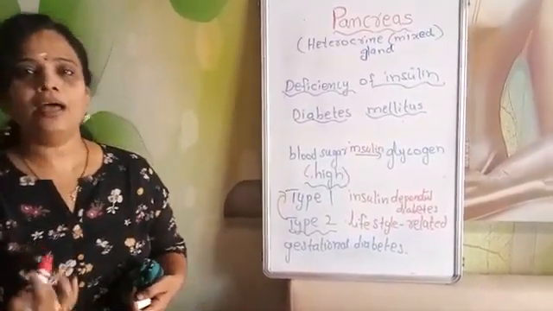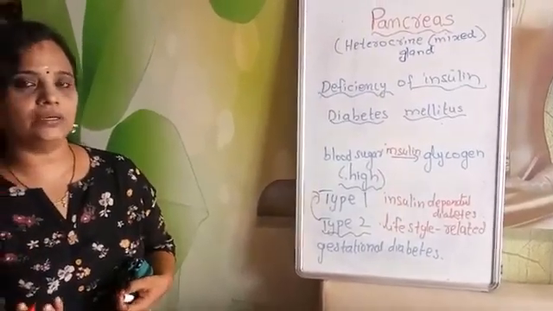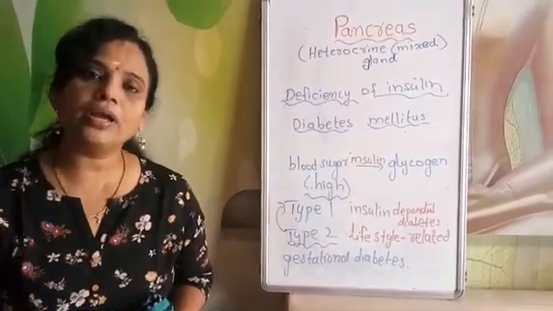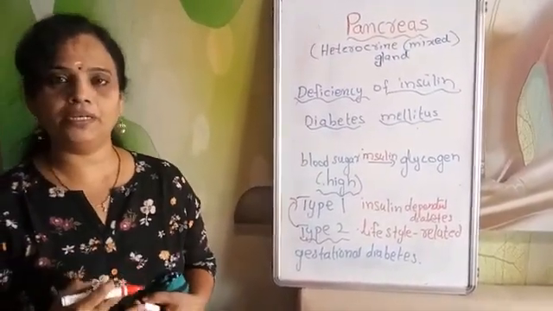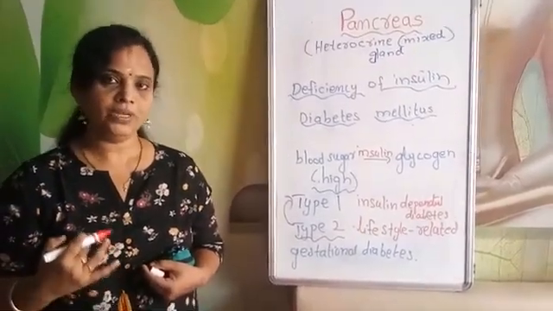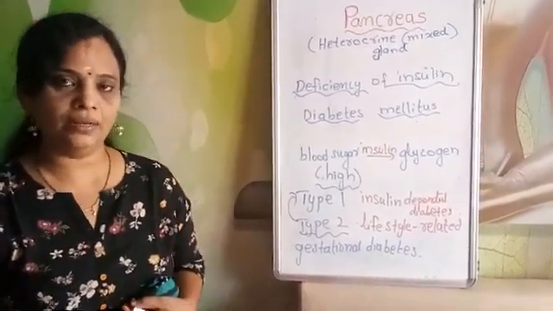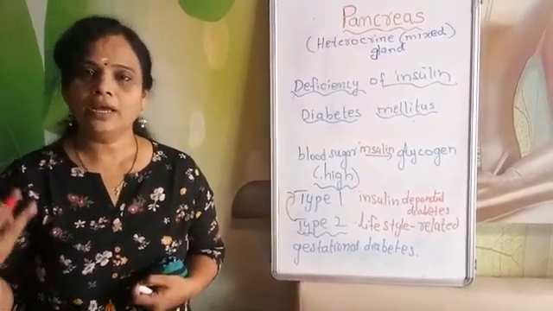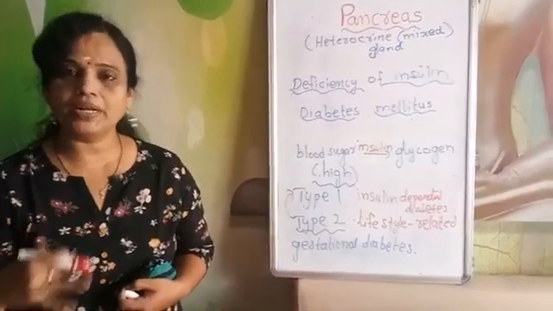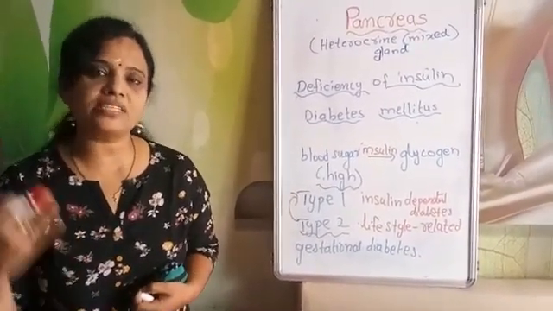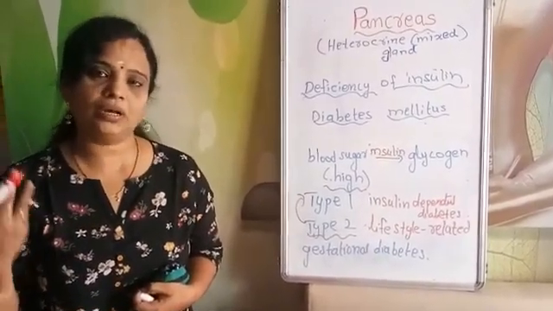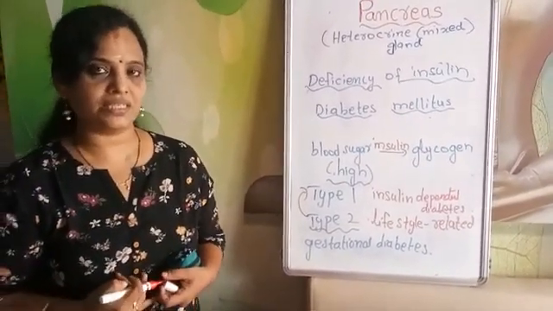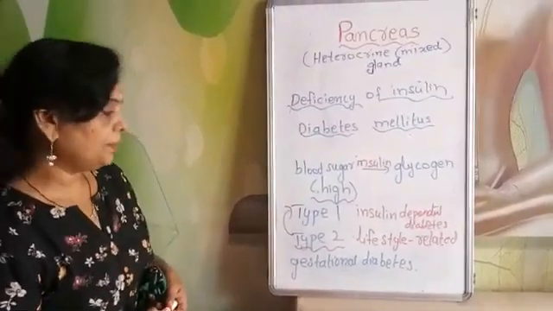So you should be careful. Once you are diagnosed with diabetes, you can control and regulate it. There is no permanent cure for diabetes, but you can regulate your diabetes by changing your lifestyle. You should not take any carbohydrate rich food, especially sugar and sweets, which you should completely avoid. Even the intake of rice has to be reduced. Rice is rich in carbohydrate, that has to be reduced, and physical activity should be increased. So that is about type 2 diabetes.